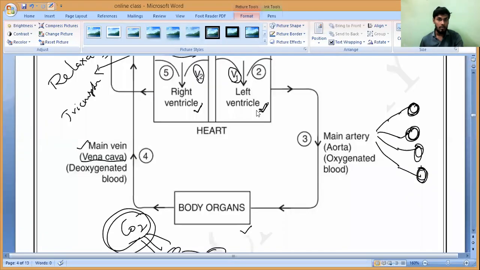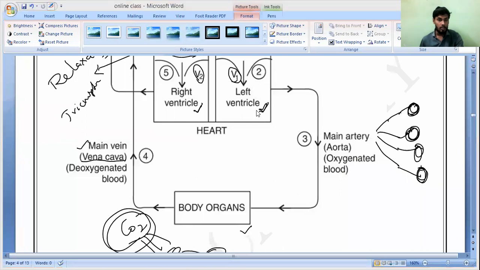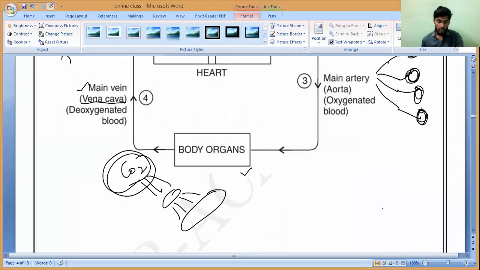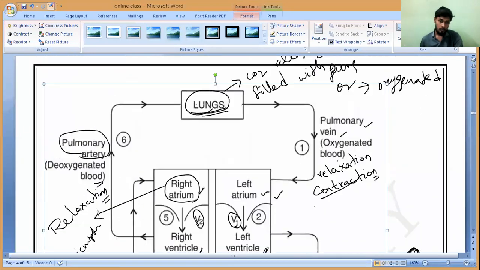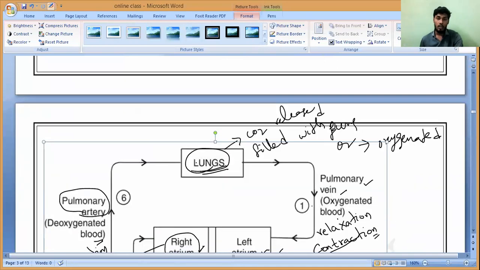In your classworks also, the heart diagram. How many of you learned the heart diagram? Last class I gave you the heart diagram. Have you learned it? Yes, sir. Then below that, all of you draw this diagram and the 6 steps we have written now. You have to learn those 6 steps one by one. Will you be able to do it or not?